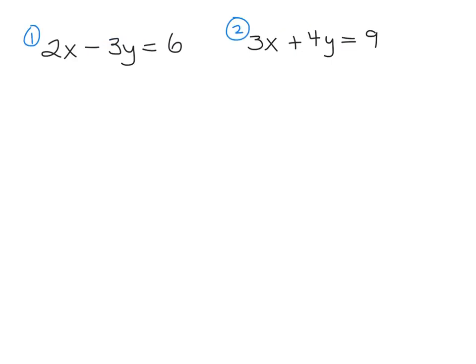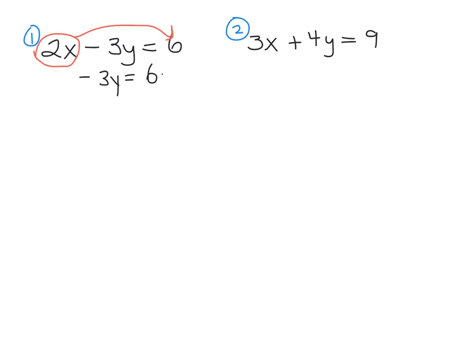I'm going to choose to rearrange or isolate with equation number 1, and I'm going to switch it up this time, and I'm going to choose to isolate for the letter y. So if I want to isolate for the letter y, that means I need to take this 2x and bring it over to the right-hand side. So if I were to do that, I would be left with negative 3y